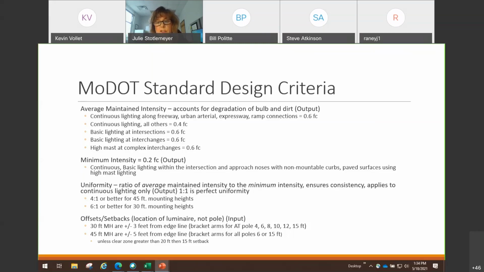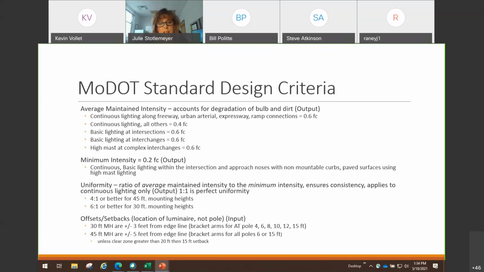And what this does is it ensures consistency in your lighting. So you're basically not throwing somebody into areas of light and dark. Just imagine what happens when you've been in a bright room and you enter maybe a dark closet or something. As you get older, particularly, it takes you a little longer to adjust to those transitions. Or tunnels are another great place where uniformity is very important, where you go from bright to dark and then dark out to bright again. So you're just trying to make sure that eye has time to adjust. It's not good if somebody, when they're driving at 60 or 70 miles an hour, all of a sudden has to shut their eyes because they can't see where they're going. So